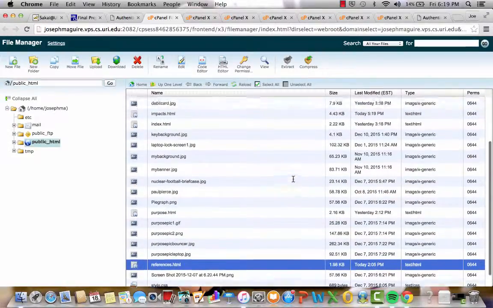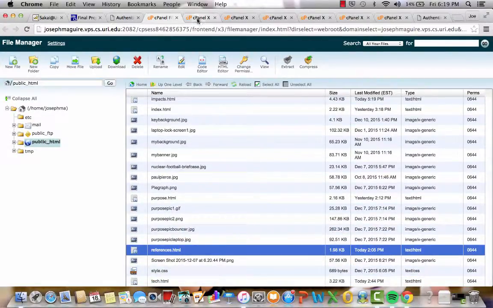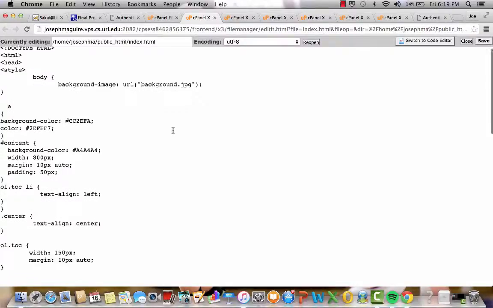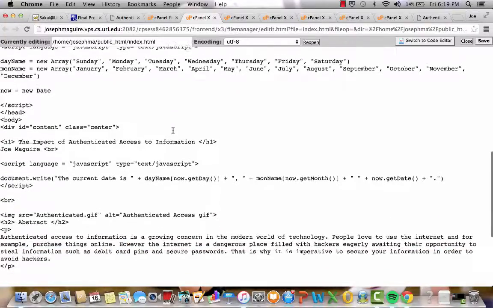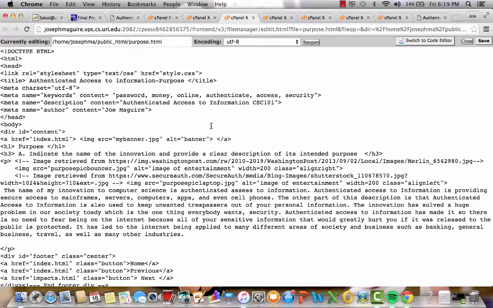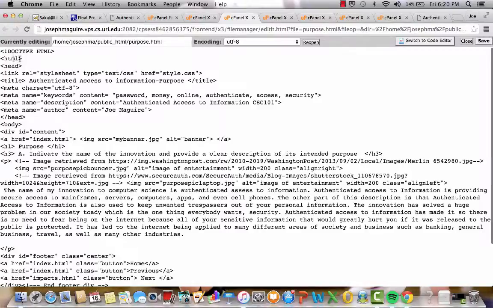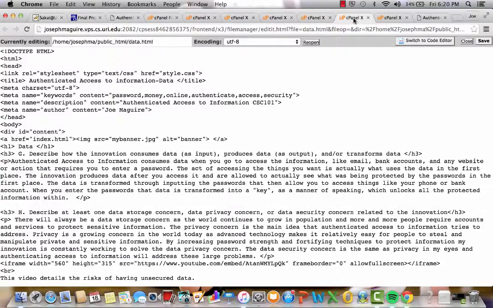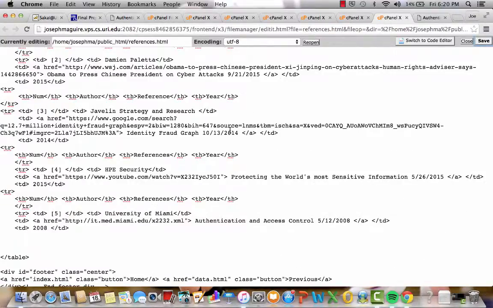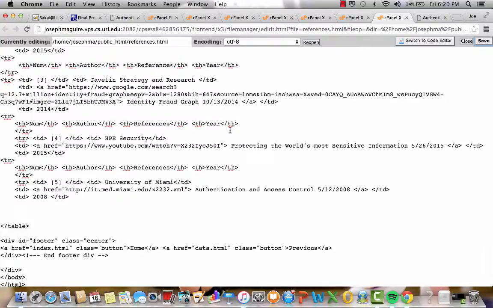So to really create this website, we used the cPanel website to encode everything in HTML and CSS format, and you can basically see through all the styling pages we made it. This is the index page, which is the first page you viewed. This is the purpose page, which, as you can see here, has the HTML code as they all do at the top. This is the impacts page, the tech page, the data page, and the references page. And this is basically behind the scenes of how I created the website.